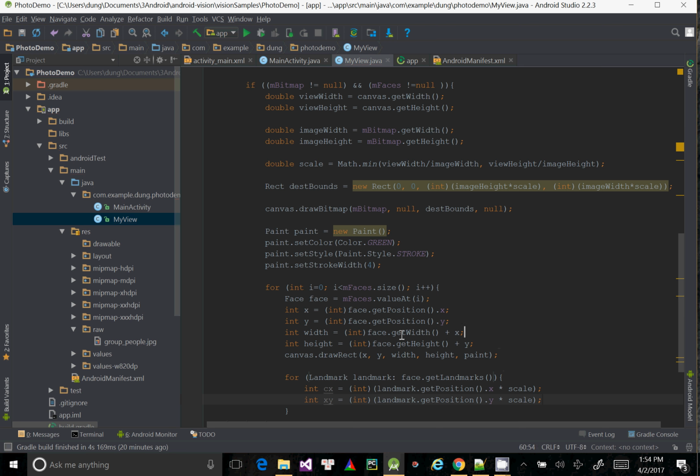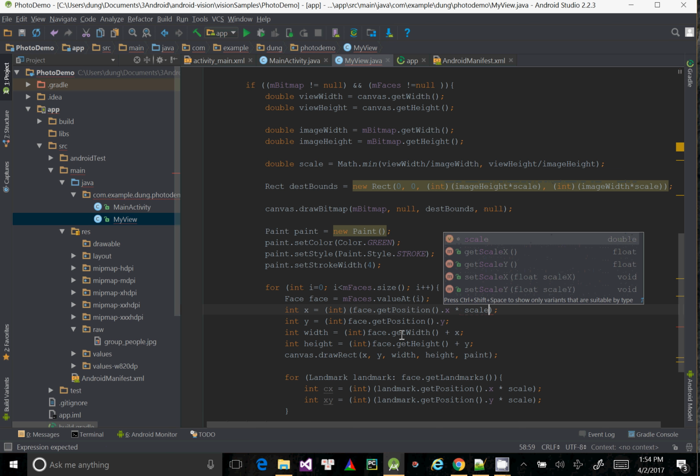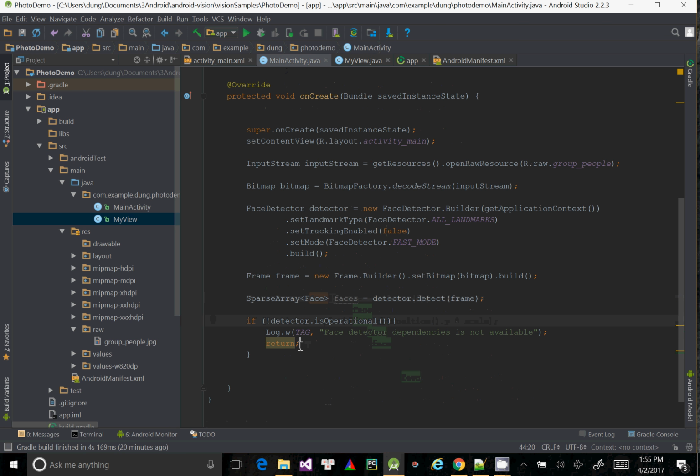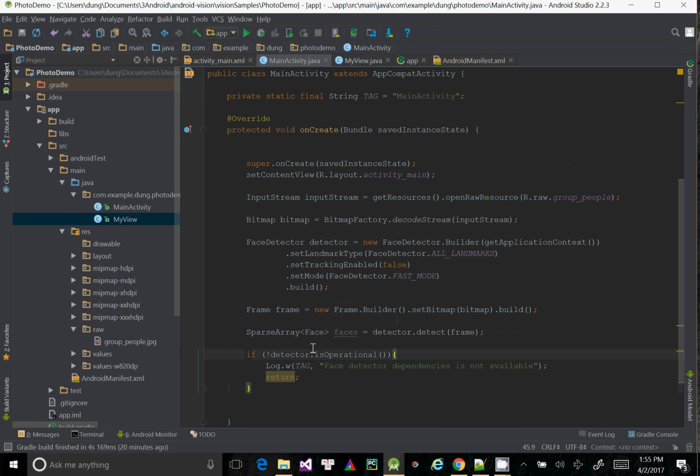Okay, so in the rectangle we also need to multiply by the scale, and here, okay, and just call the view in here. Okay. So let's switch to the layout,